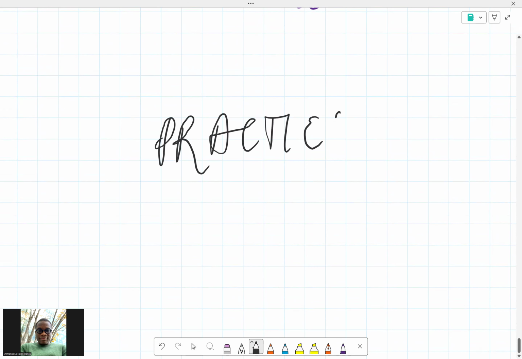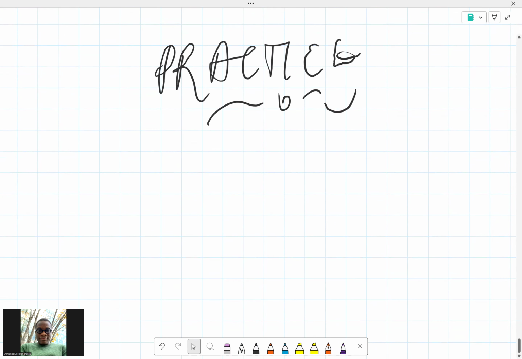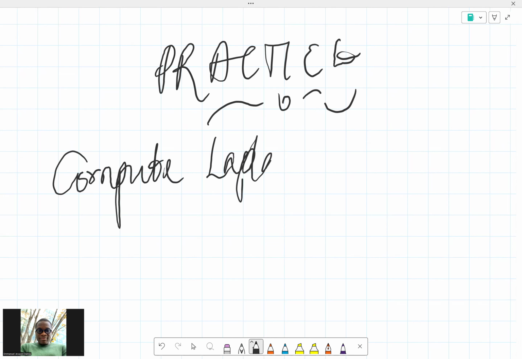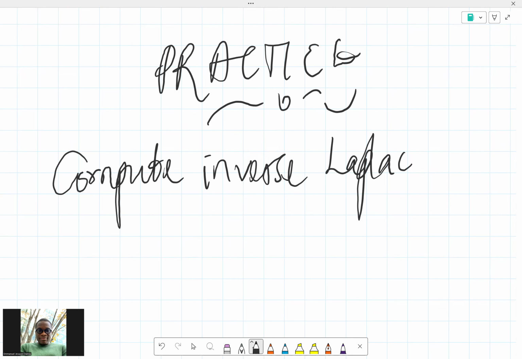So practice. Compute the inverse Laplace transform